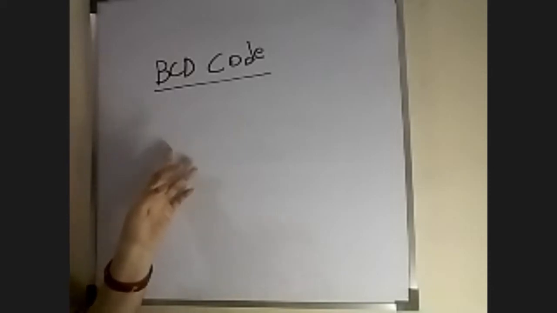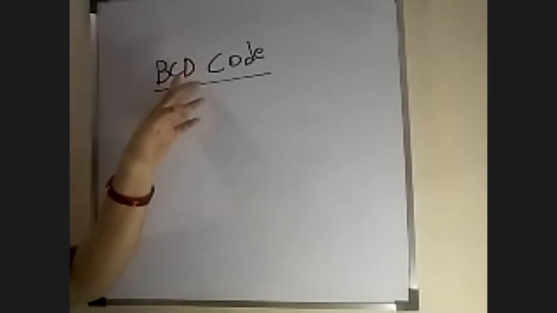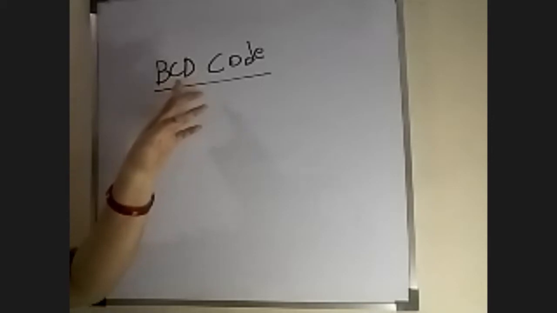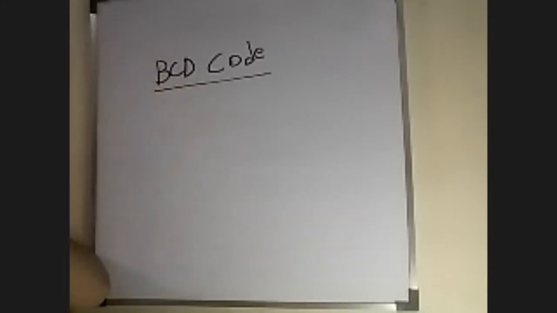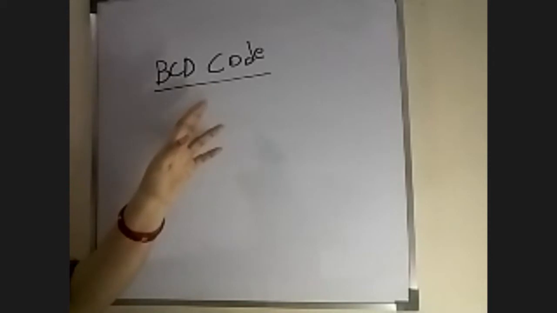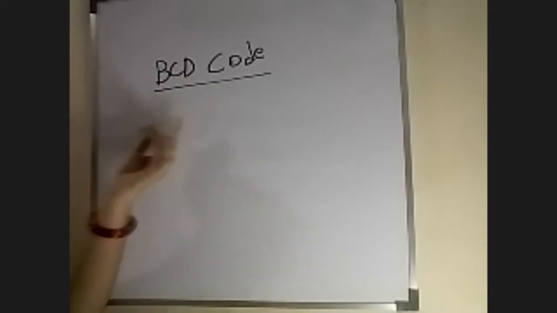But 6 out of the 16 possible combinations remain unassigned. Why? Because this is BCD, binary coded decimal. We are using only 10 elements out of 16, and 6 values are unassigned. So different binary codes can be obtained by arranging 4 bits into 10 distinct combinations. The most commonly used for the decimal digit is the straight binary assignment.